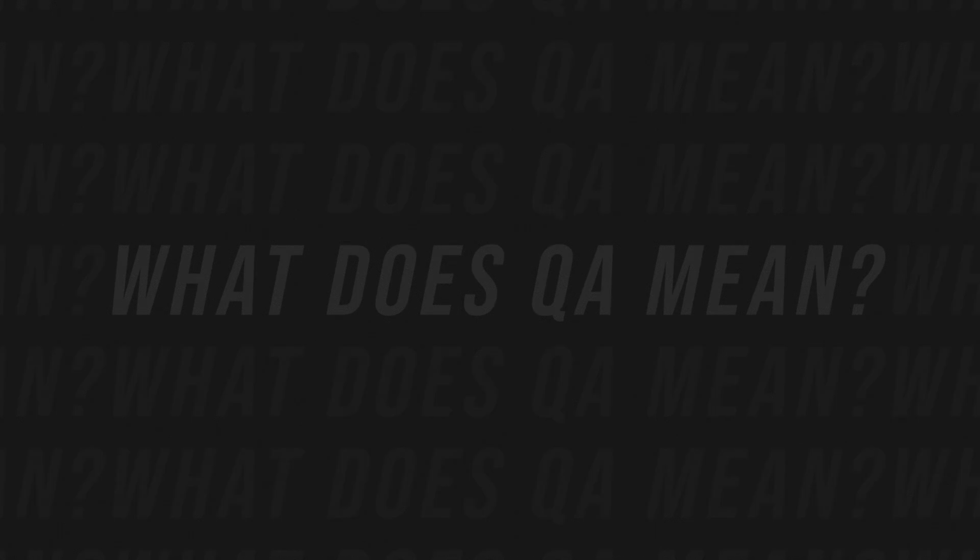So what does QA actually mean? QA stands for quality assurance, but it's not just about testing the game. QA analysts are also problem spotters, they're pattern seekers, and they guard the workflow for how the game's meant to go as well. So their job is actually to find bugs, hopefully before players do, reproduce them consistently, log detailed error reports for developers so they can go ahead and fix it, and verify that bugs are fixed without causing